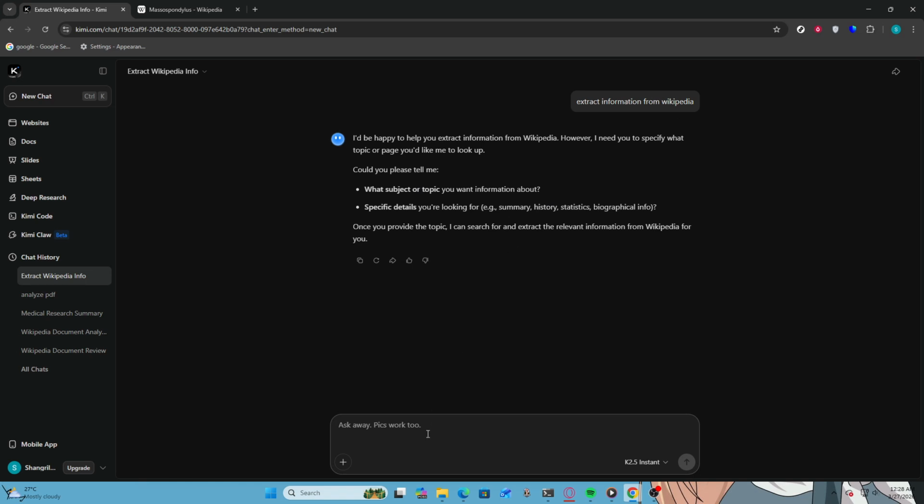Once the information has been generated, it will appear on your screen. Review the extracted content to ensure it meets your needs. If the information is not satisfactory, you can refine your query and repeat the process. Be mindful of the file size and the amount of data being processed, as larger queries might take more time